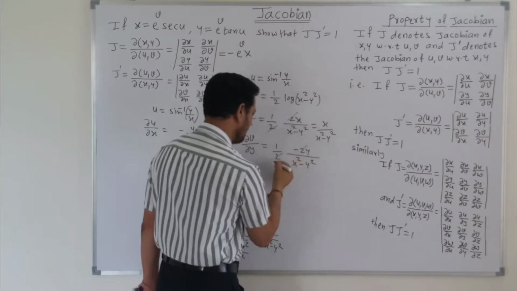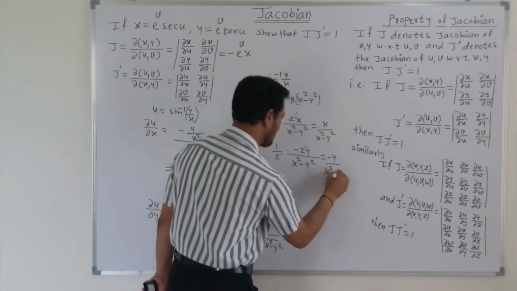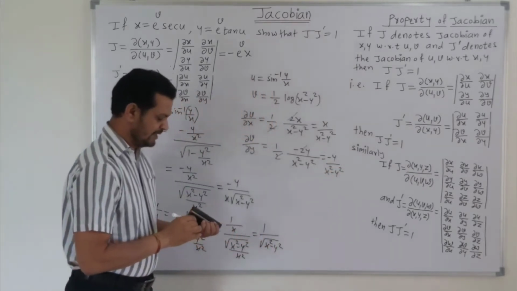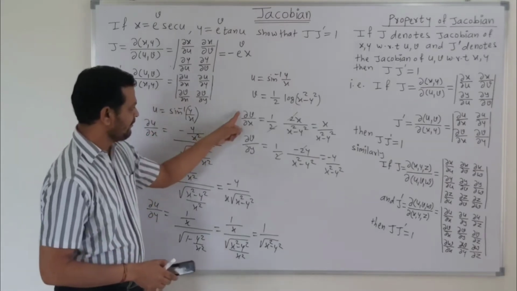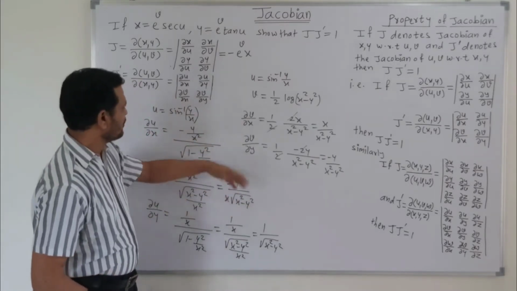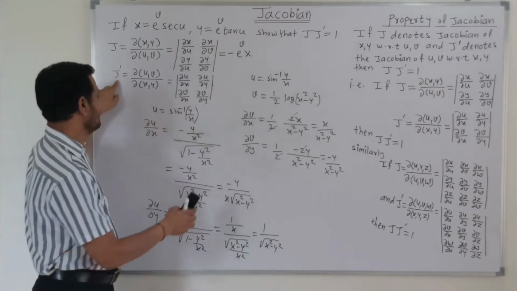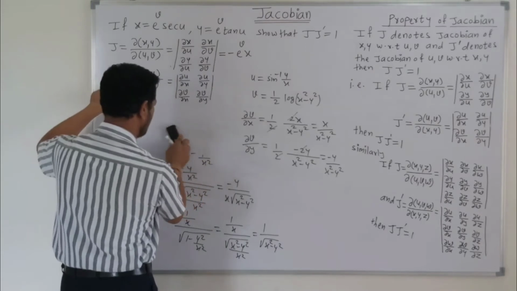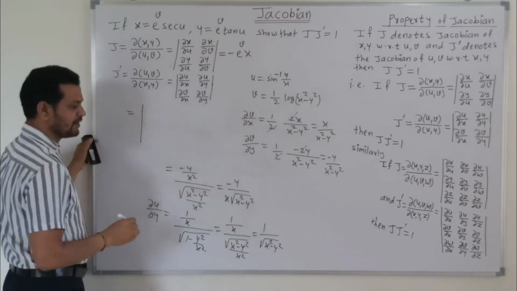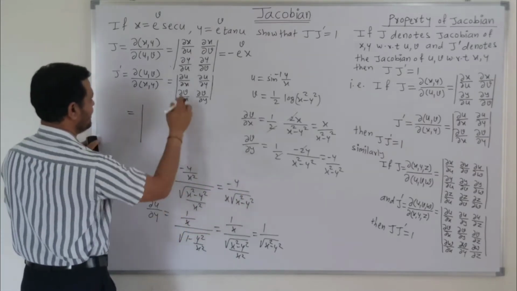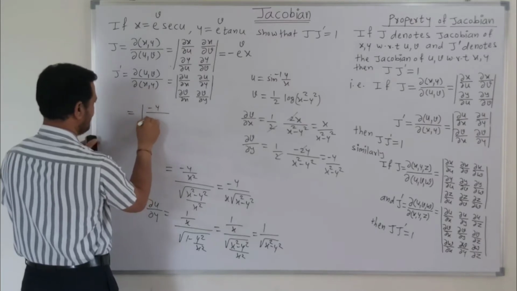So again these two will get cancelled and we get this as minus y upon x square minus y square. So in this way we get the partial derivative of u with respect to x and y, and the partial derivative of v with respect to x and y. Now put all these values in this equation, equation z dash. If we put these values in equation z dash, then we get the value of the determinant as: this is the partial derivative of u with respect to x, which is minus y upon x,